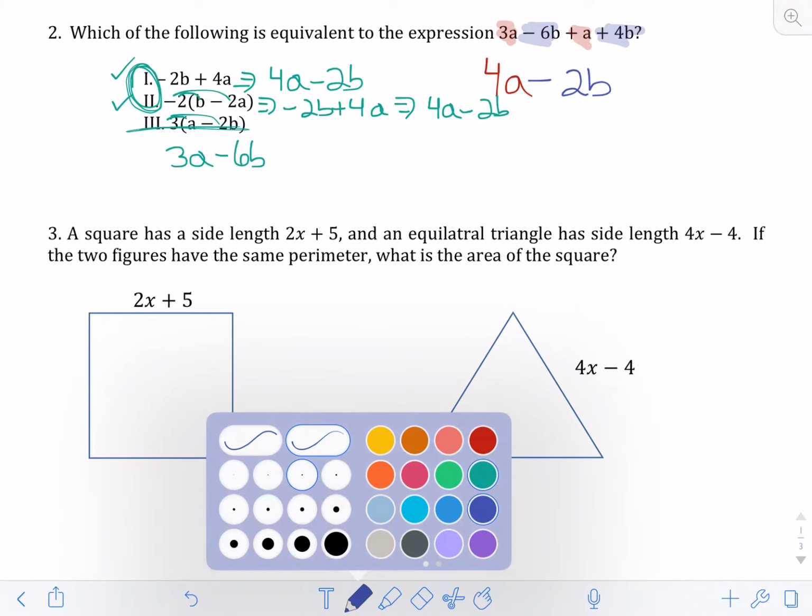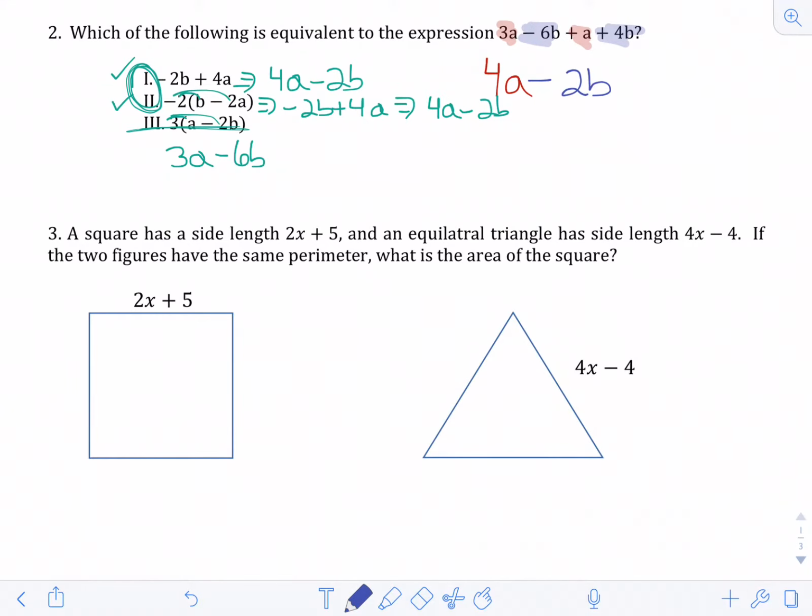Alright, number 3, first up, it says you have a square that has a side length of 2x plus 5, and a triangle that has a side length of 4x minus 4. If the two figures have the same perimeter, what is the area of the square? This problem is a little tricky, because it's kind of hard. But it's alright, because I'm going to make it easy for you. First thing you've got to do is find the perimeter of the square, and then find the perimeter of the